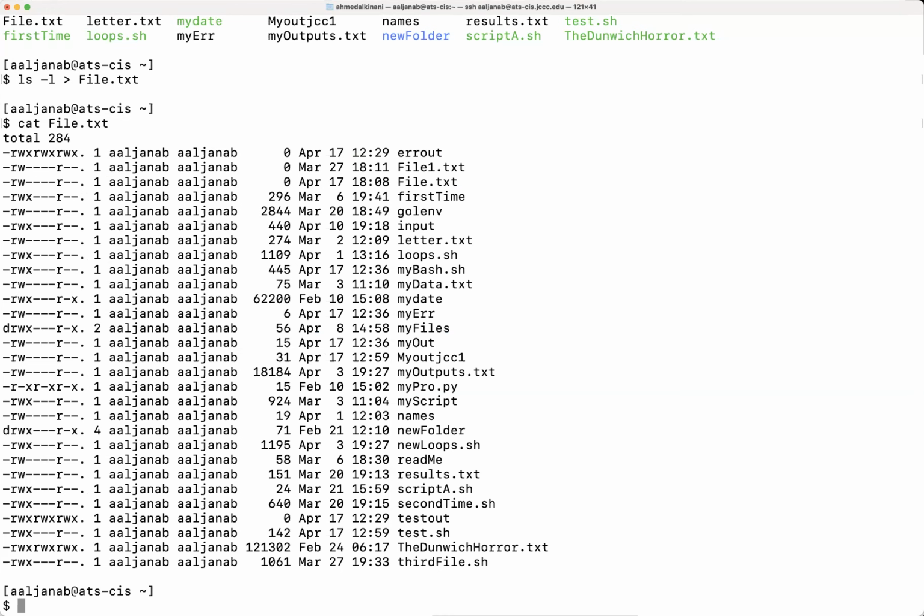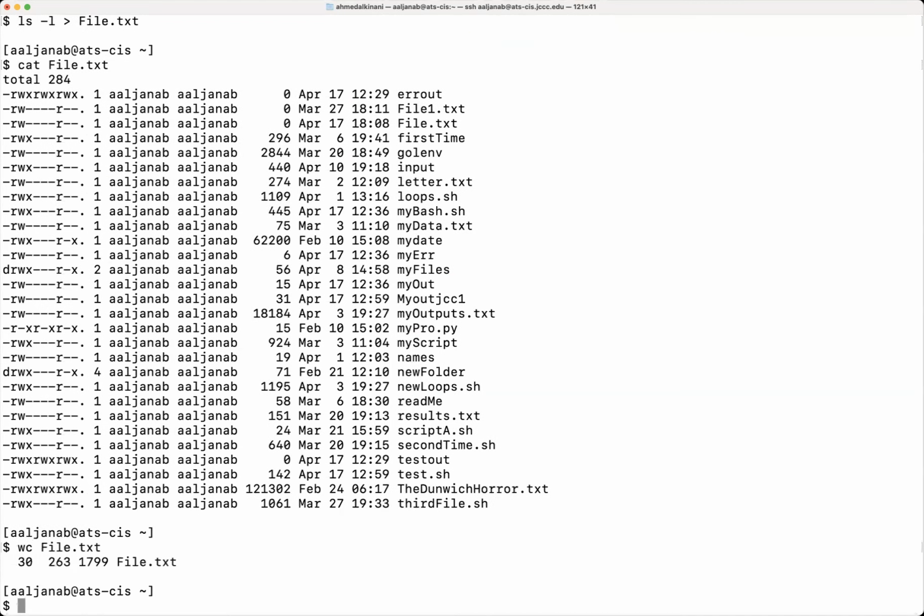And for the redirection for the inputs, for example, if I want to sort or I want to count the number of words in a file, I can type wc and, for example, just type file.txt. And this is going to tell me how many lines I have there, how many words I have there, and how many characters out there, and it's going to tell me the name of the file. Or I can redirect the file using the command that I'm showing right now.